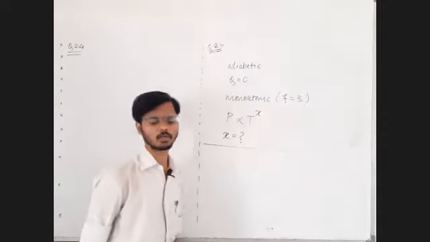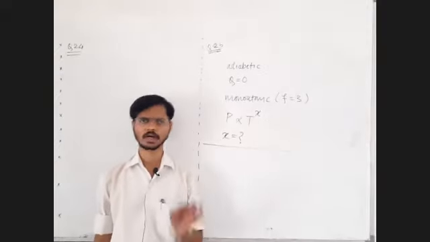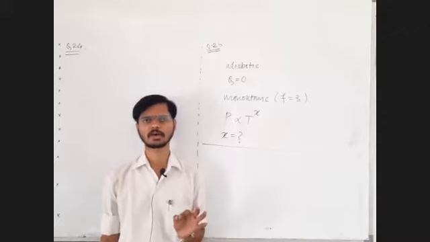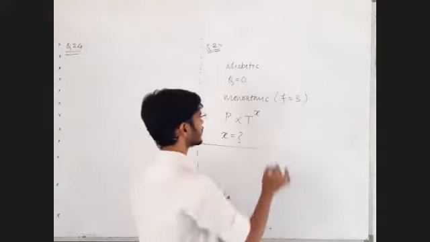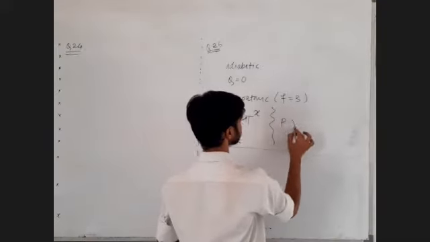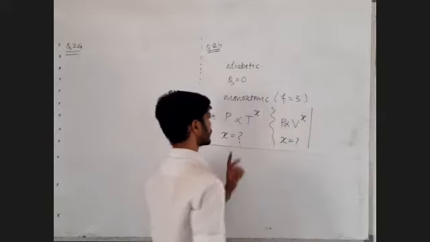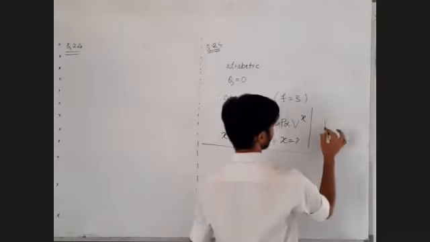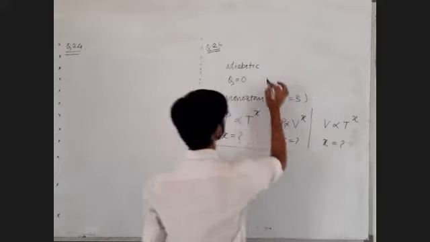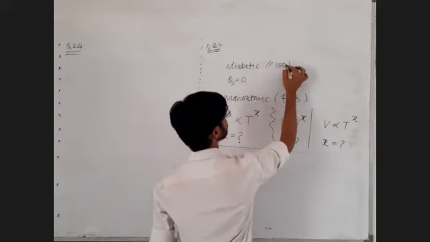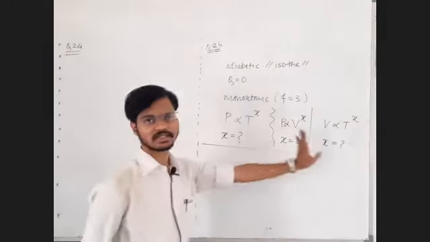This is a typical kind of question which is generally asked for any kind of process. It can be asked for isothermal process, it can be asked for adiabatic process, in general any kind of process. You will observe such varieties: pressure-temperature, pressure-volume, and volume-temperature. These are the other types of this question, and adiabatic, isothermal, and in general any process they can ask such a question.